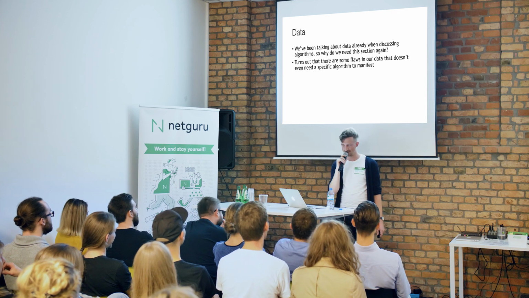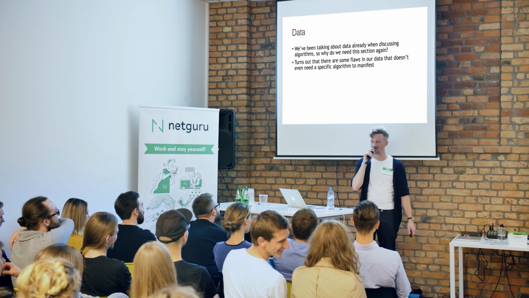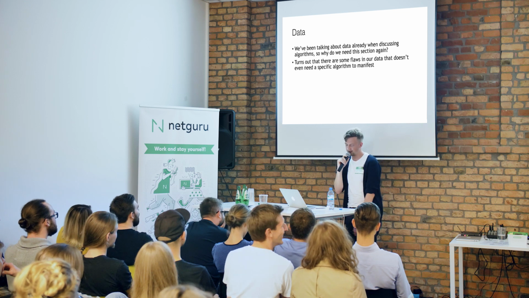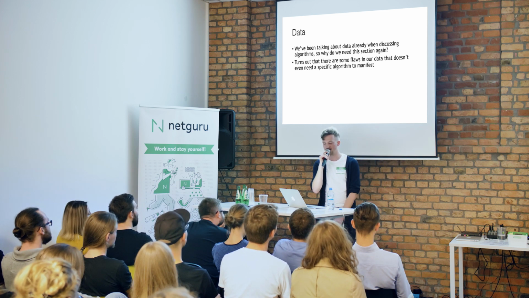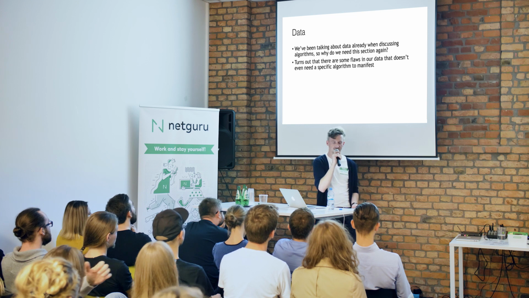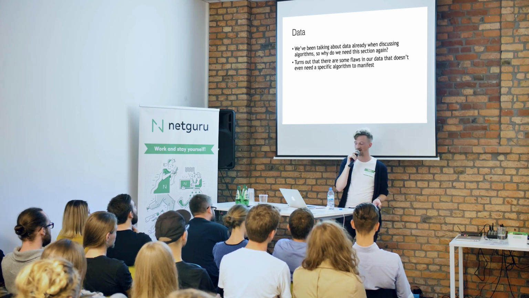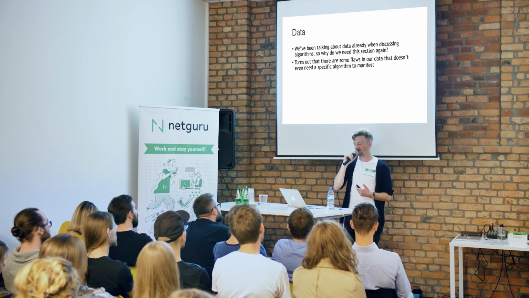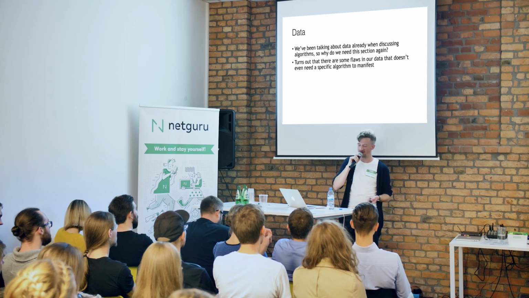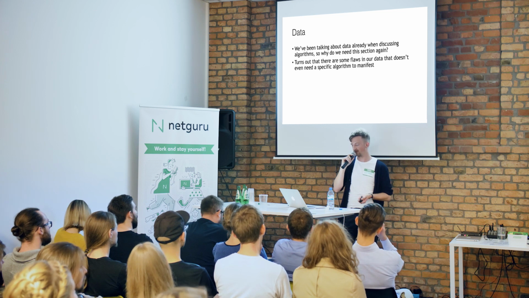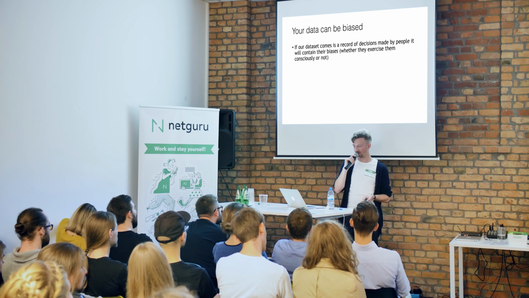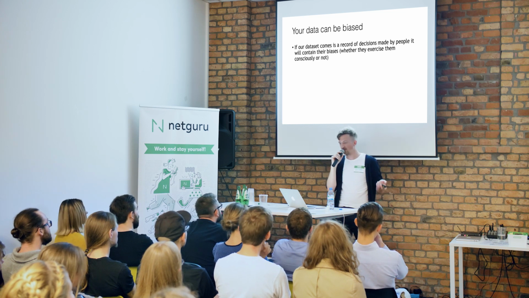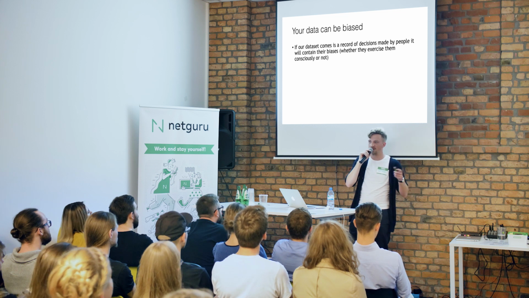Yeah, so I lost my train of thought. Yeah, so why go again through data? Because we've been talking about data from the beginning. Well, there are some problems in the data that will always occur regardless of which kind of algorithm you use. So those problems I'm going to talk about now will always show up, not only if you do some kind of recommendation things. Yeah. So your data can be biased because if your data set is a record of things that people do,